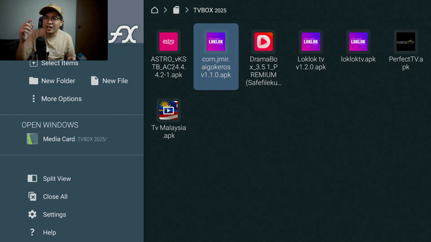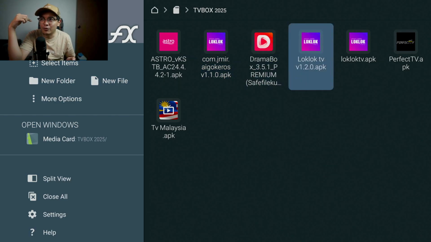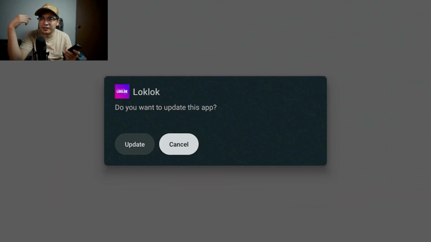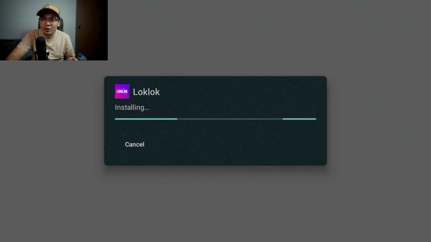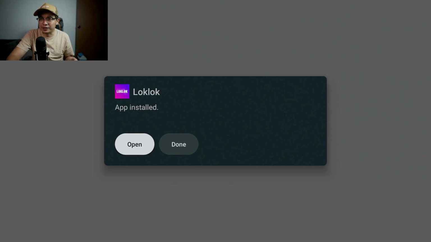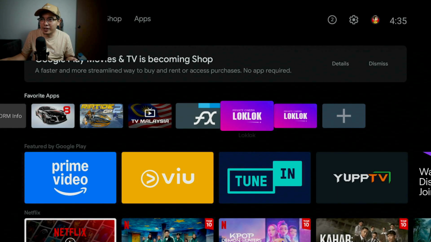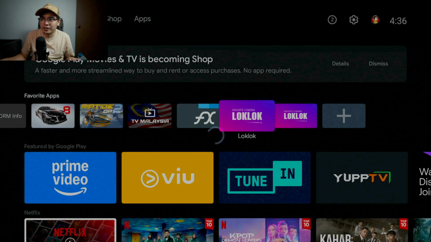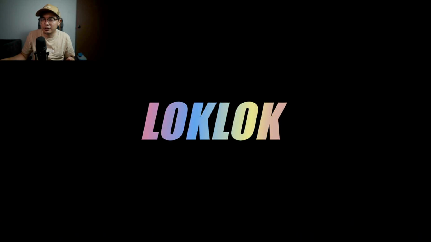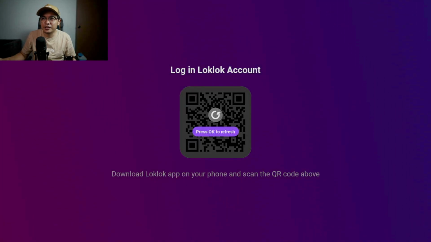You can see this. You try to install each one of them, whether it can be opened or fails. So we try and error first. If there is a display, then it can open up. So this one you can't open, and then you try another LOKLOK. This one also cannot, and then the last one. So that means my TV box, the latest TV box, can only open using the older version, the LOKLOKTV